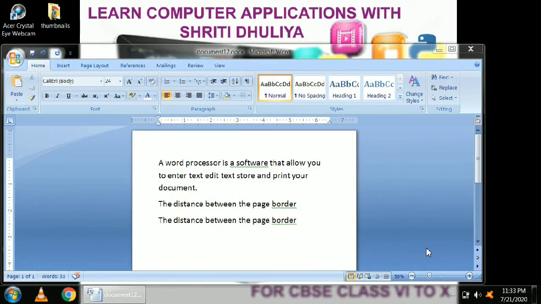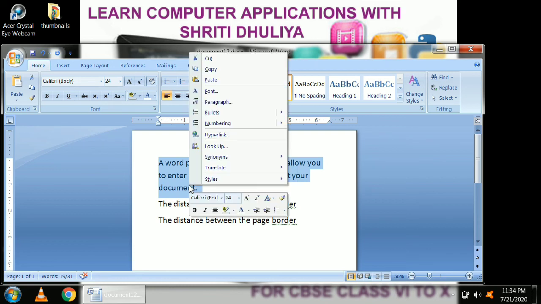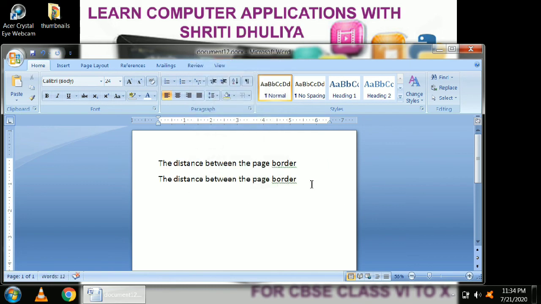Now I will tell you how to move the text in your document. Moving means deleting from its original location and making copy to a new location. For example, I want to move this paragraph, then I will select it, right click on it, select cut option.